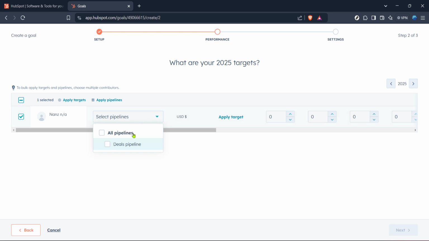And there you have it. By following these steps, you have just created a new sales goal in HubSpot. Remember, setting specific, measurable, achievable, relevant, and time-bound goals will help you and your team maintain focus and drive sales